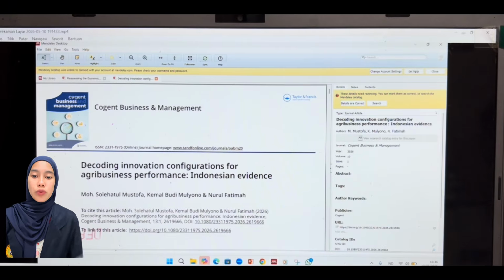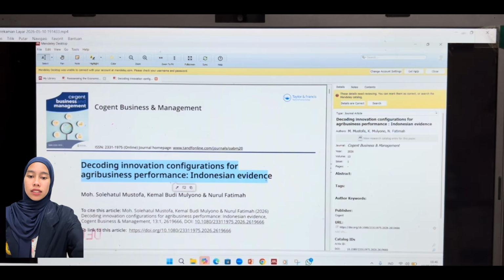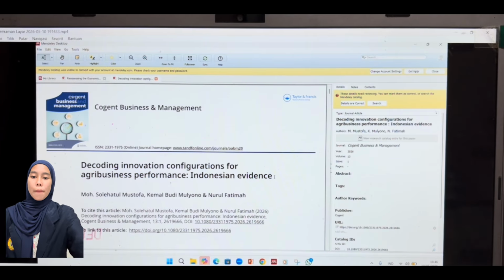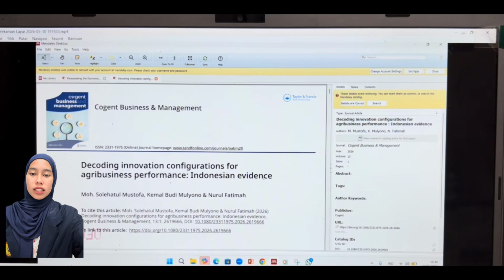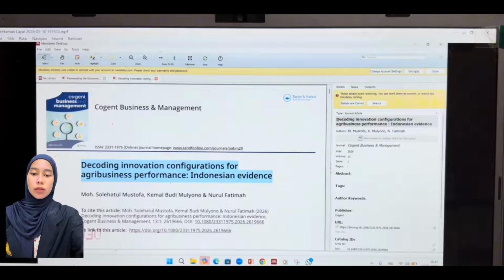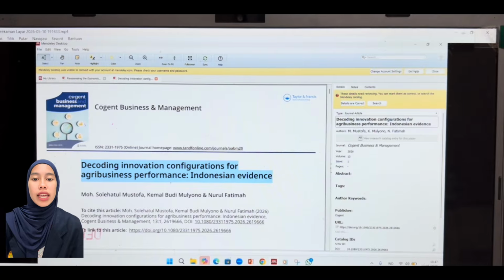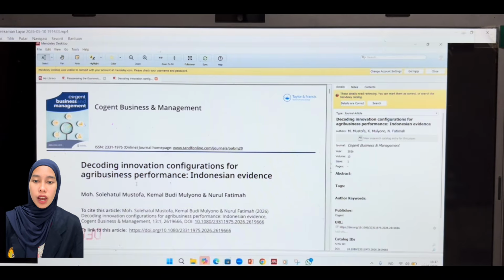This part is absolutely crucial for a proceeding. Sometimes Mendeley automatically detects this as a journal article instead of a proceeding. If that happens, we must manually change the type to conference proceeding. Why? So that the bibliography format will be correct and consistent later on.